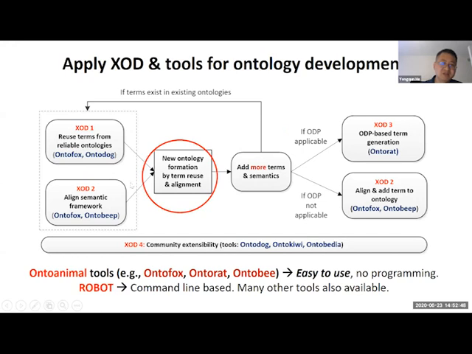And we use some kind of pipeline. You can reuse terms and align them, and then you can add new terms if you cannot find the terms from other resources. We also develop tools, like our lab developed something called Ontoanimal, tools like Ontofocus, which are used based on different